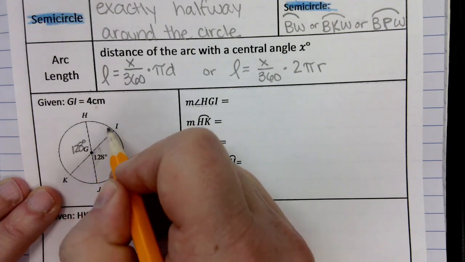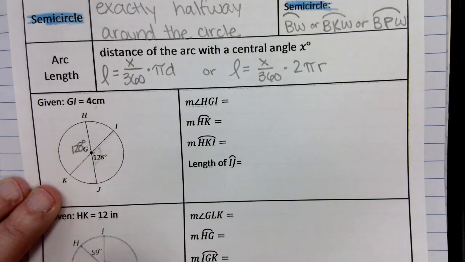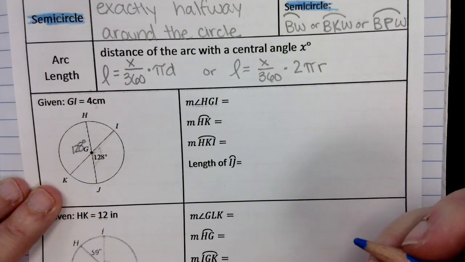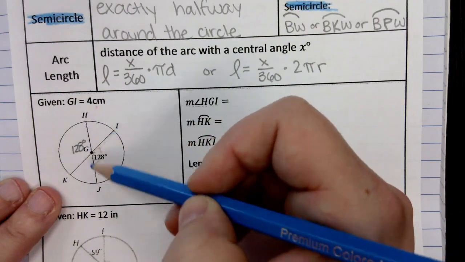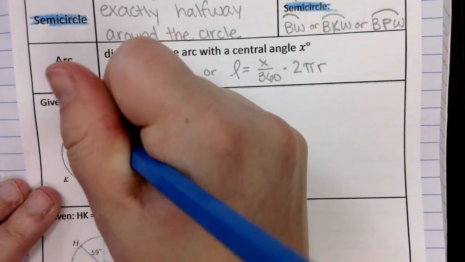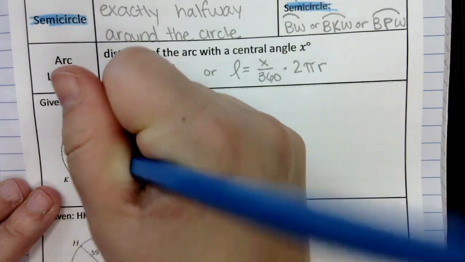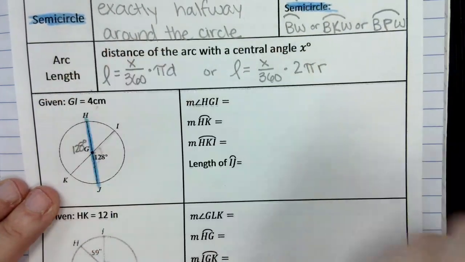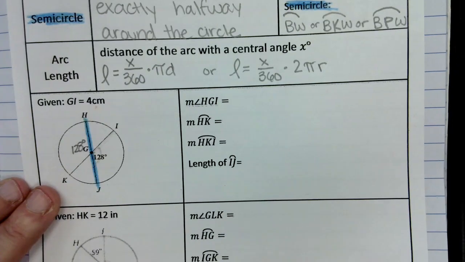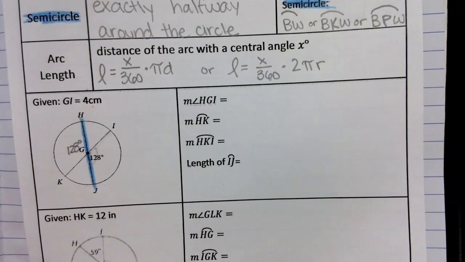And how many degrees is half a circle, or how many degrees is a straight line? 180. So if I do 180 minus 128, that would be 52. Anyone else check their math on that? Yeah? So 52 degrees,